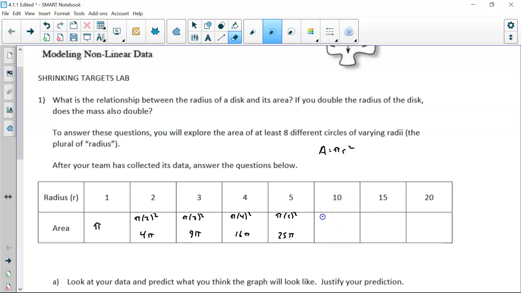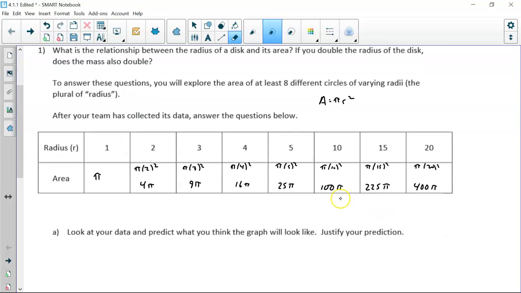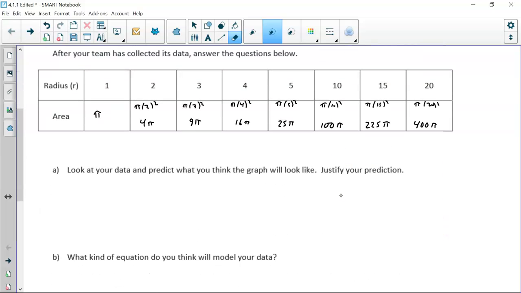Now when it's 10, pi times 10 squared, which is 100 pi. Pi times 15 squared is 225 pi. When the radius is 20, it's pi times 20 squared, so it's going to be 400 pi. So you can see the values in our table, and you can notice that some of them are doubled. So now the graph. What would the graph look like